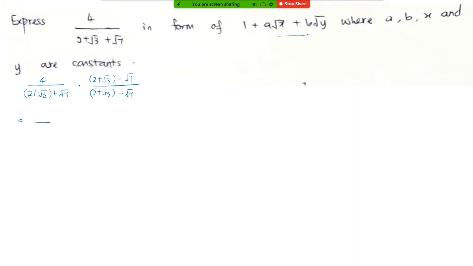Okay, let's solve the denominator first. This is our A, so 2 plus root 3. When we square this, we minus root 7 squared, which is 7. And up there, basically 4 multiplied with this whole thing. So it will be 4 times 2, 4 times root 3, and 4 times negative root 7. So we will have 8 plus 4 root 3 minus 4 root 7, and divided by,